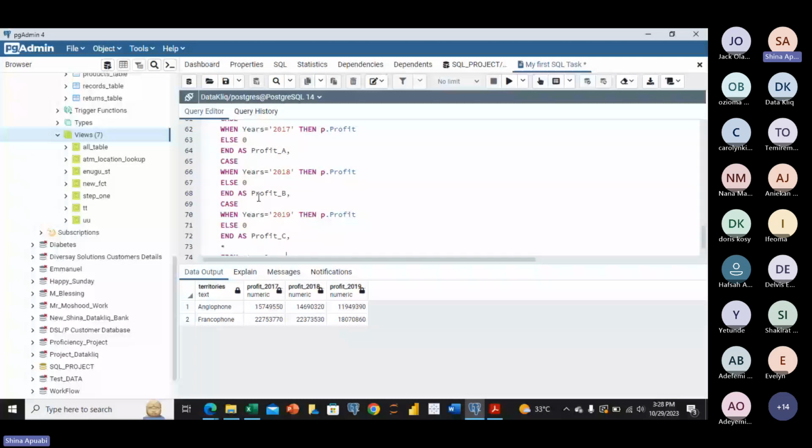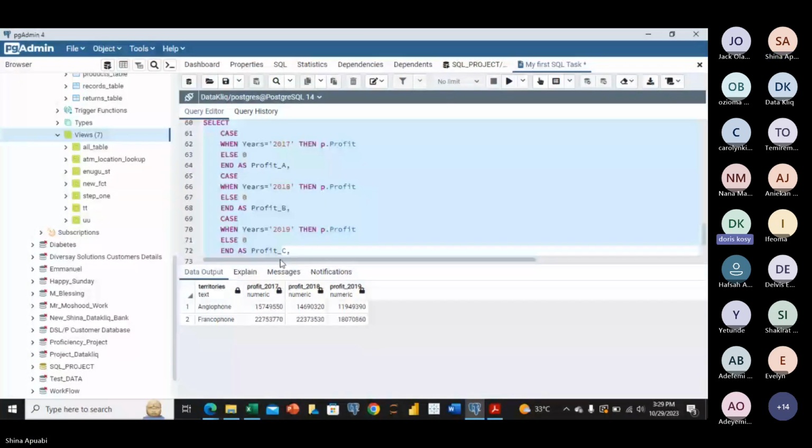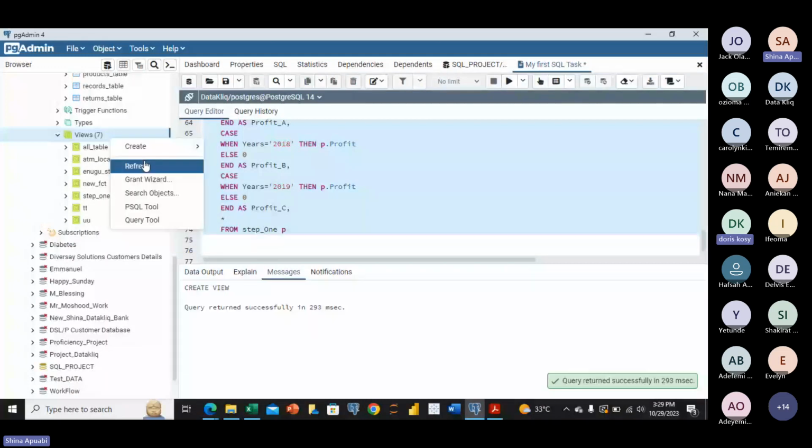And I'll call this one step two. By the time I run it, it will show me successful. I can refresh this so that step two can appear. You see? So instead of